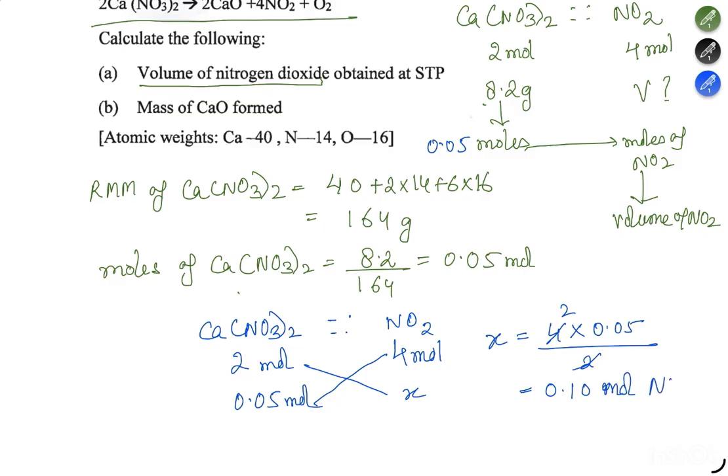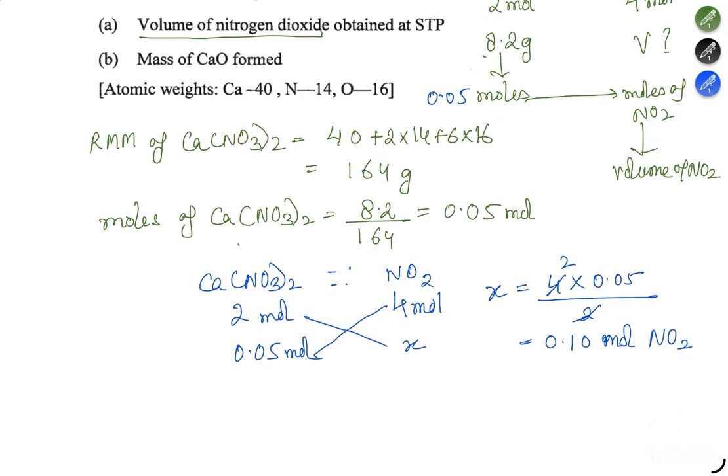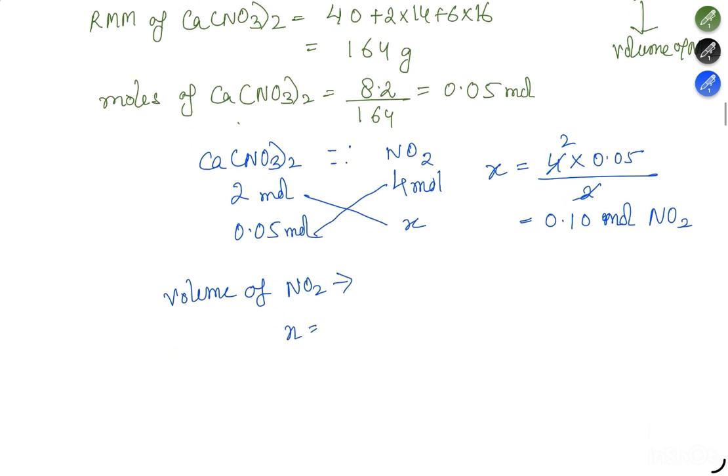moles of nitrogen dioxide. So I got the moles of nitrogen dioxide, but the question is asking about the volume of nitrogen dioxide. So how do you convert the moles into the volume? Now come to the formula again. We know the formula, the moles is equal to given volume by molar volume. So we can say the moles is 0.10. Volume we have to calculate. Molar volume, you know, is 22.4 liter. So we can find out the volume, it is